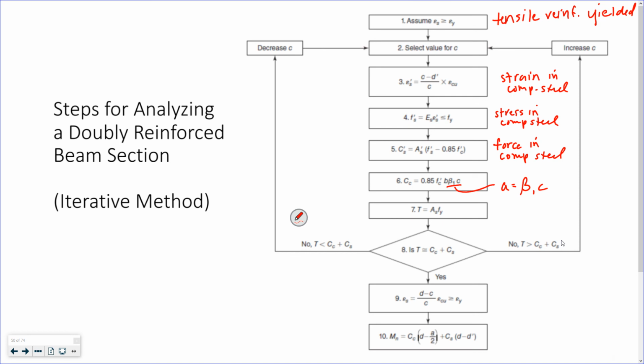Once you get down to a reasonable difference, 5% difference, you say, okay, I'm pretty close, and use that value of c that gets you those are equal, and use that to calculate your nominal capacity. And that is where I'm going